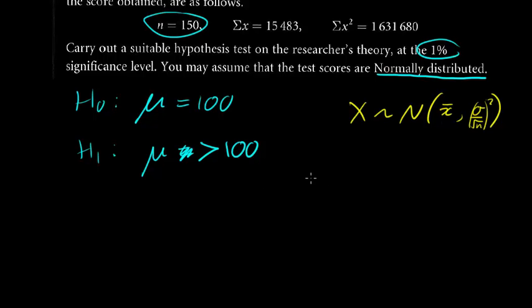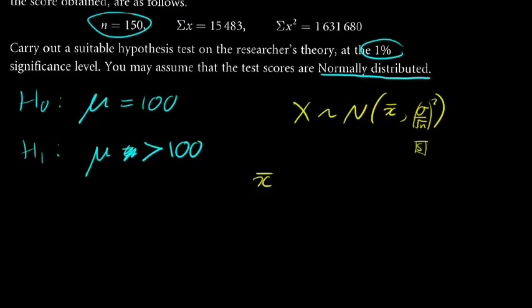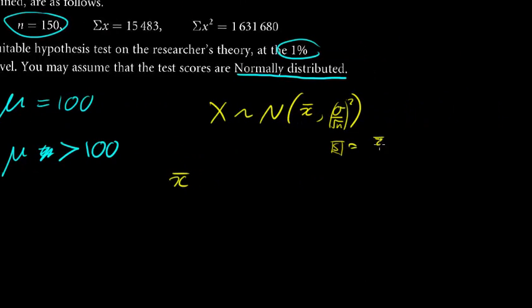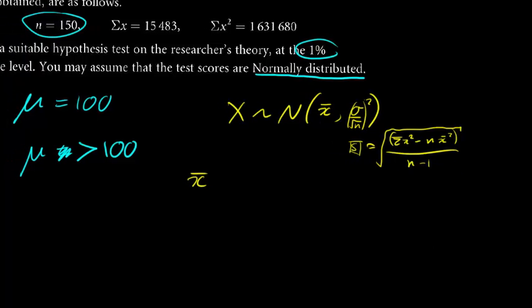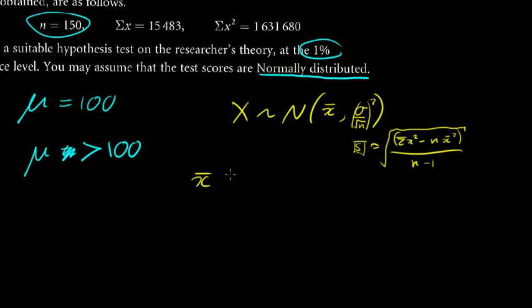So I need to find out what X bar is, and I also need to find out what sigma is, but we don't have sigma. So actually what I'm going to have to use in here is S. Now if you remember, S is the unbiased estimator for this, and the formula for S is the square root of sigma x squared minus n x bar squared all over n minus 1. Now, when we're dealing with a population, remember, we divide by n. So we'll find x bar, and x bar is going to be nice and simple. It is sigma x over n,